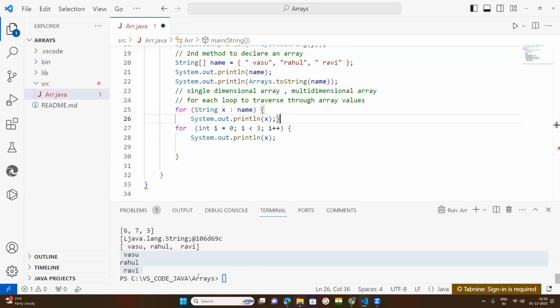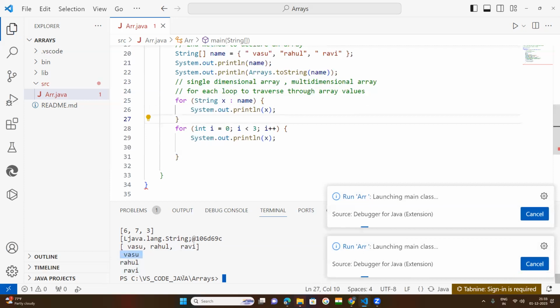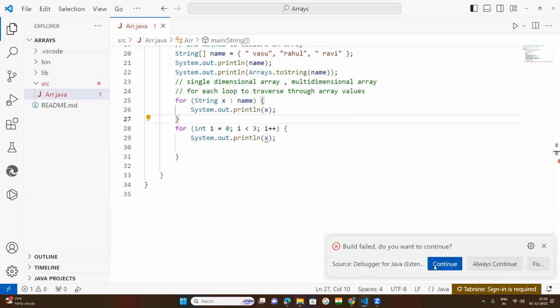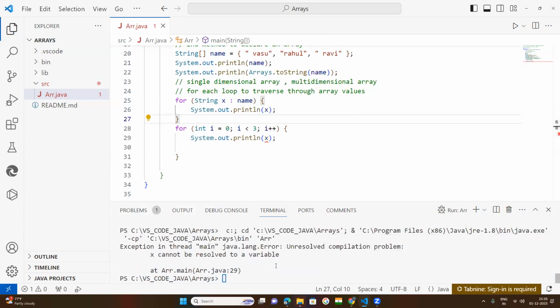What are we getting? One time only, Rahul, na? Two times I need to get the string, na? It is giving an error, I think. So the error is: unresolved compilation problem, X cannot be resolved to a variable. As a programmer, you need to find out what the error is. Error in which line? The 29th line, a compile error stating that